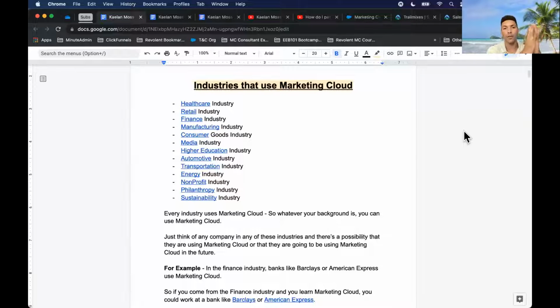So these companies are seeing how great their Sales Cloud or Service Cloud product is, and they're saying, why don't we have Marketing Cloud as the connection piece for our enterprise marketing automation software? Why are we using Marketo? Why are we using HubSpot if we're using Sales Cloud or Service Cloud? So all these companies are really, especially now, starting to integrate Marketing Cloud with Sales Cloud, Service Cloud, and Commerce Cloud. Marketing Cloud is actually one of the fastest growing products in the Salesforce ecosystem, because companies are starting to understand the value of integrating all of their products underneath the Salesforce umbrella.